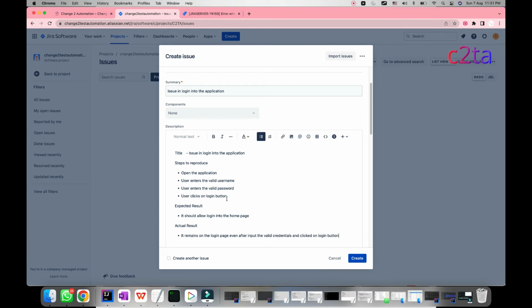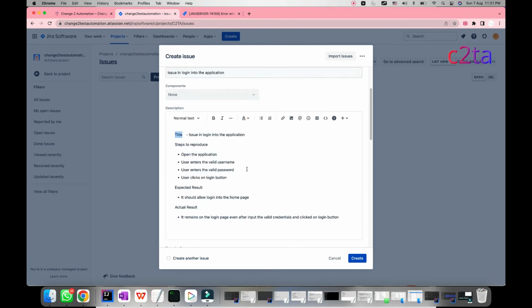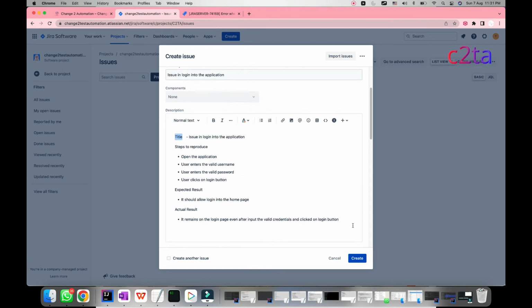Or otherwise we can leave with this. These are the major information that we added already: title, steps to reproduce, expected result and actual result. And if you want to add some more details along with this, then you can give, like, when you tested this, date of testing. You can give some